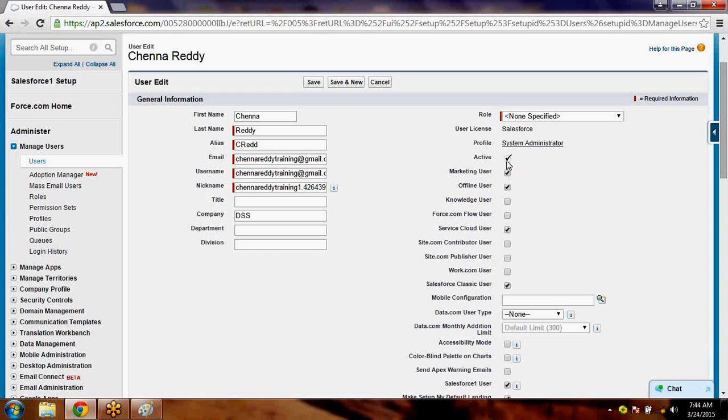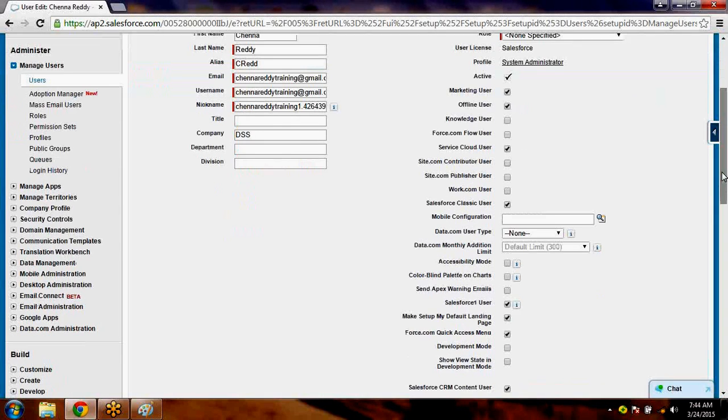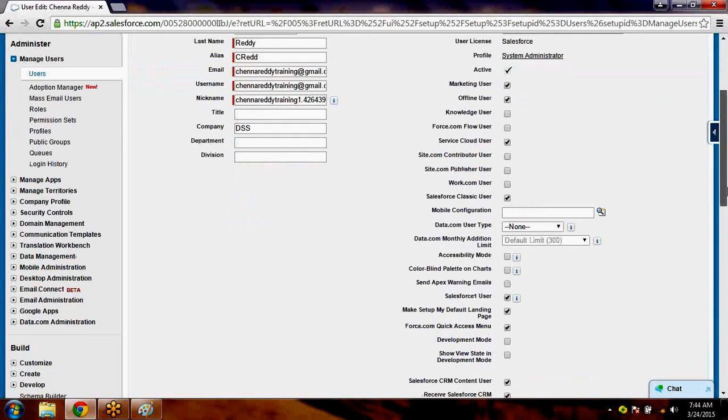If he is not active, then it is deactivated here. Okay. So like this, you will have plenty of options here, whether you want a site contribution user, something and all. So many options will be there. And if you look at here,